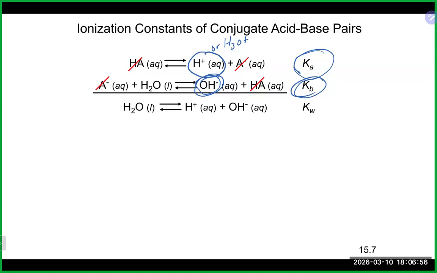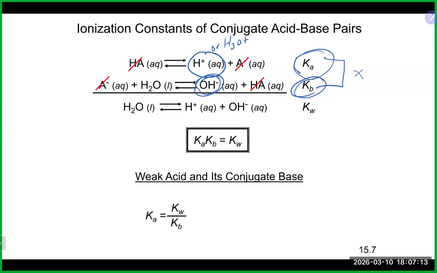which is Kw. And what that allows you to do is, when you add these two equations together, what you do with the K value is, remember, you multiply the K values, do not add them. And that gives you this really important relationship here. The Ka times the Kb will equal the Kw. And that Kw is the same Kw that we used in the previous calculations, 1 times 10 to the minus